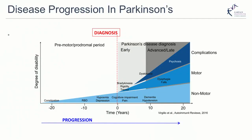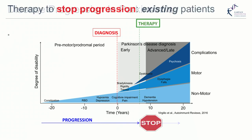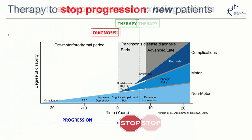So for existing patients, if we found therapies that would stop progression or slow it, then we would arrest those people at the symptoms they have and prevent them from progressing or getting worse. For people who have just been recently diagnosed, again we could give them therapy to stop progression, and that would stop them at those earlier symptoms, and they too wouldn't progress and have further and further